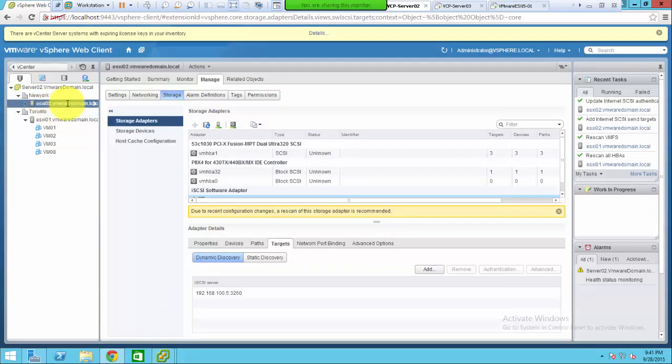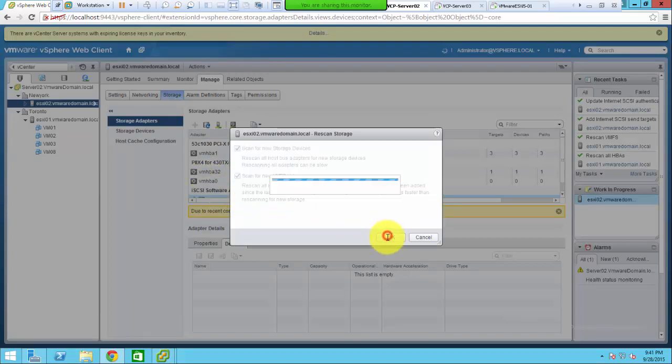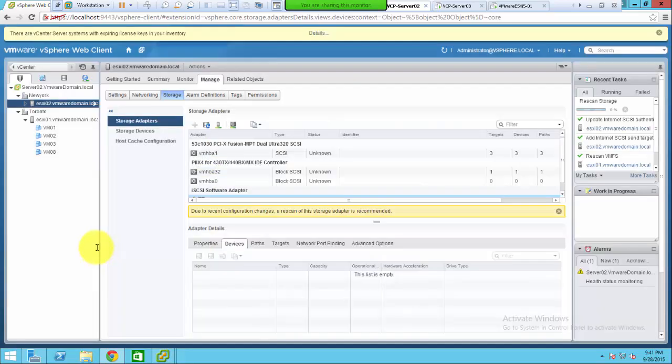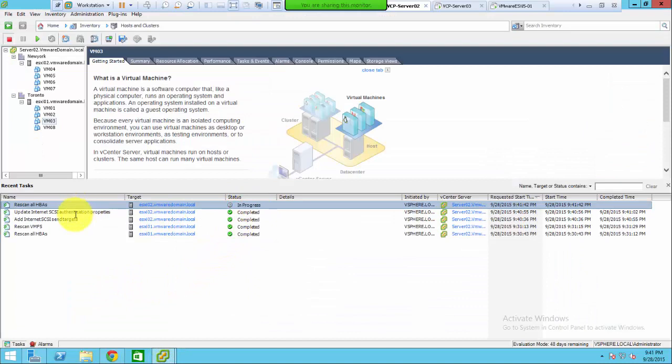That's going to pop up Microsoft disk or not. Oh, I need to rescan, sorry. So rescan button here, and it's going to rescan, press OK. And then, well, it's just another wait. But if I go back in progress here in the vSphere client, rescan all HBAs, in progress, rescan VMFS,